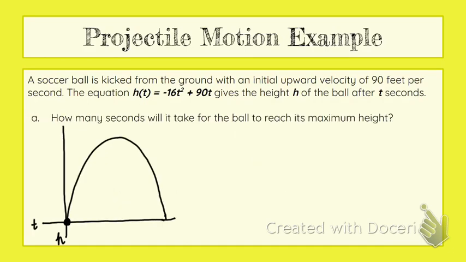The first question that it asks us about this situation is how many seconds will it take for the ball to reach its maximum height? So let's just look at our picture and remember that this is a soccer ball going up in the air and coming back down. So its maximum height is somewhere in this vicinity, like it's right up here. And if we were to use this point, the y-axis tells us height. So that would tell us how high the ball went, but this wants to know how many seconds it takes to get there. So that means we need to find the x value, or the value of t, at this